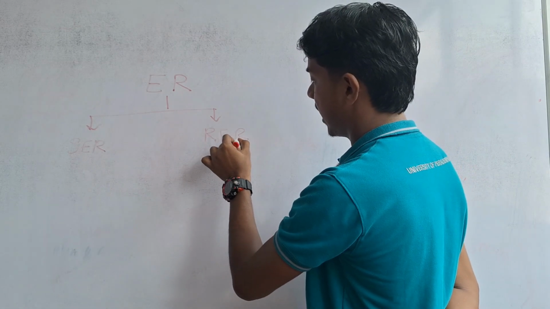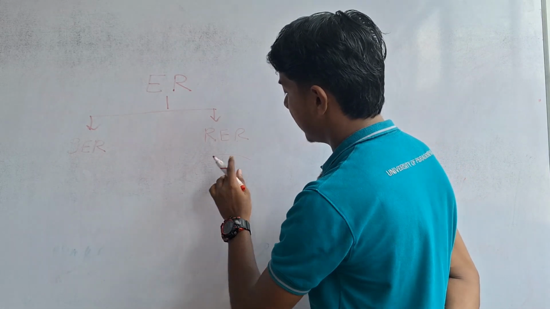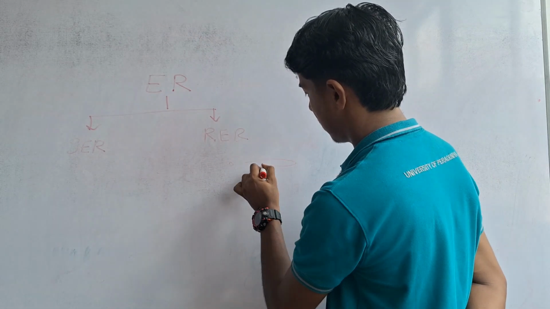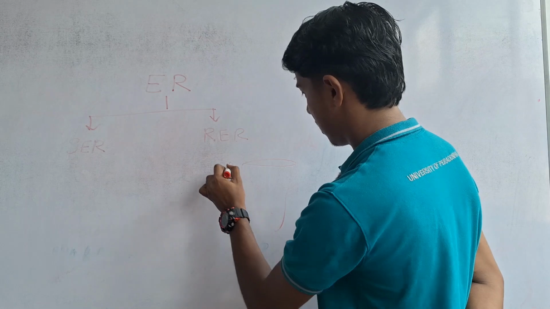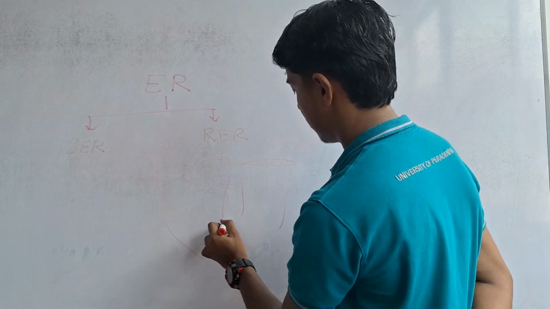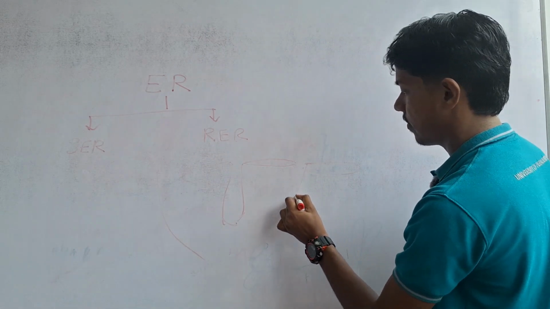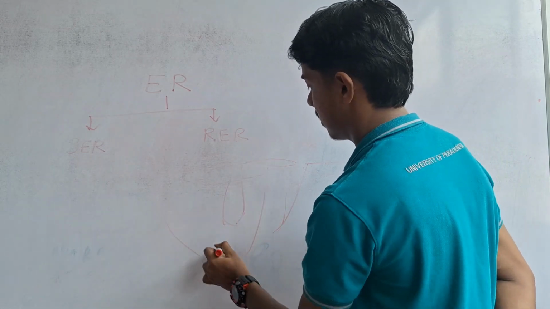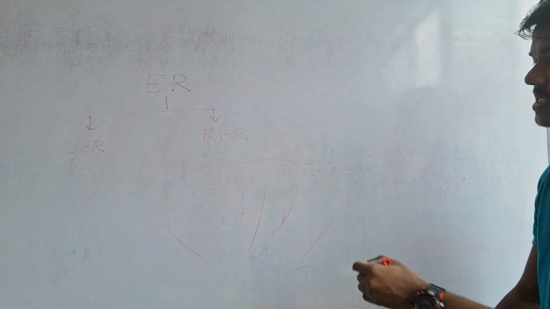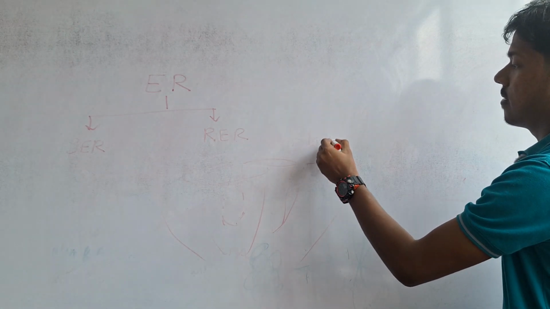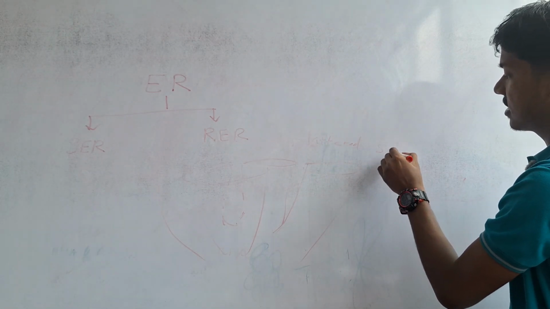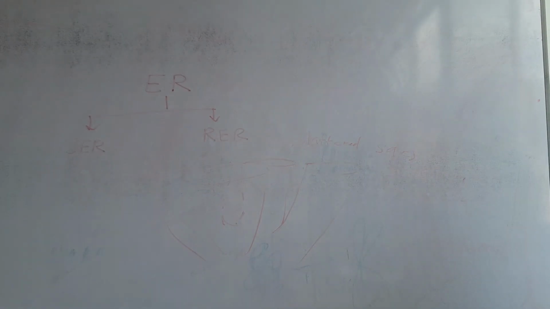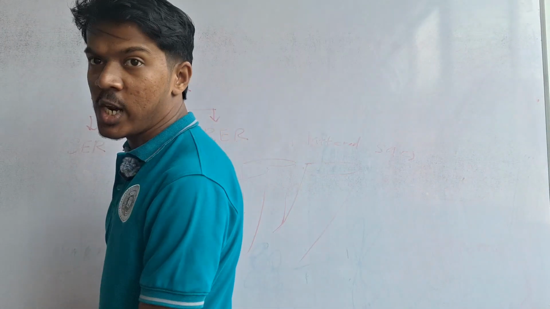Rough endoplasmic reticulum is made of flattened sacs. What is meant by sacs? A bag-like structure. Okay? Smooth endoplasmic reticulum